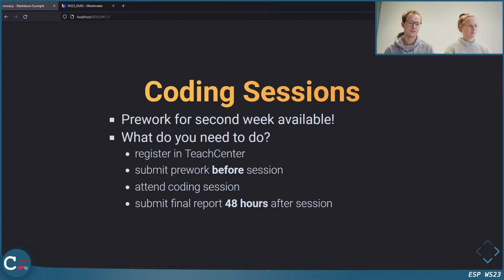And do not forget the 4 steps that are required when you do the coding sessions. You have to register to one of them. You have to do the pre-work before your coding session. Then you attend the coding session, and then you fill out the form at most 48 hours after your coding session. So this is the first thing, and the pre-work for the third week will be released next week.